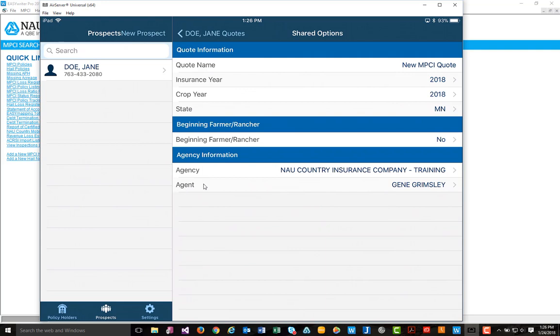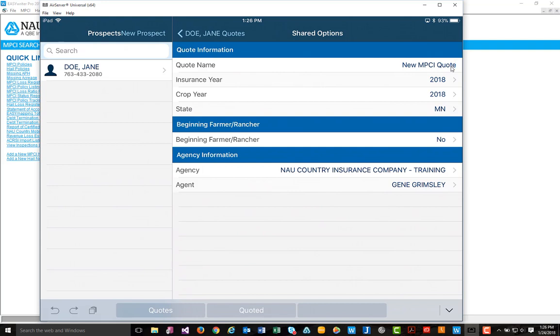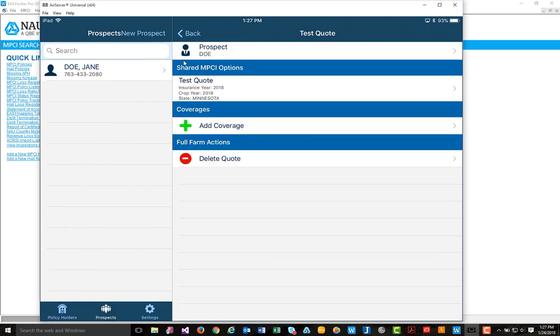So you can see here I already have an agent added, but let's go ahead and change the name of this quote. You can see once I tap the new MPCI quote section, I have the ability to edit this text. So for this quote, we'll go ahead and name it our test quote. If everything looks correct, go ahead and tap the back button next to our prospect's name, and we can begin